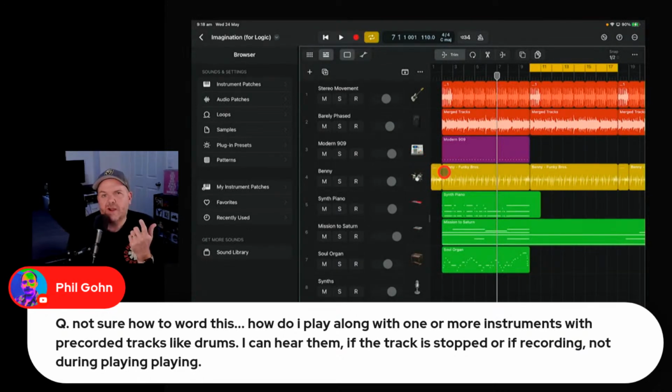To ensure that you don't get any bleed across from what you're playing back, use some closed back headphones. So use some monitor headphones. You're hearing the sound, you're playing or singing the additional part, and it's not going to pick up that bleed. If that's the question. If it's not, apologies, maybe try asking it a different way, and we'll see if we can help with that.